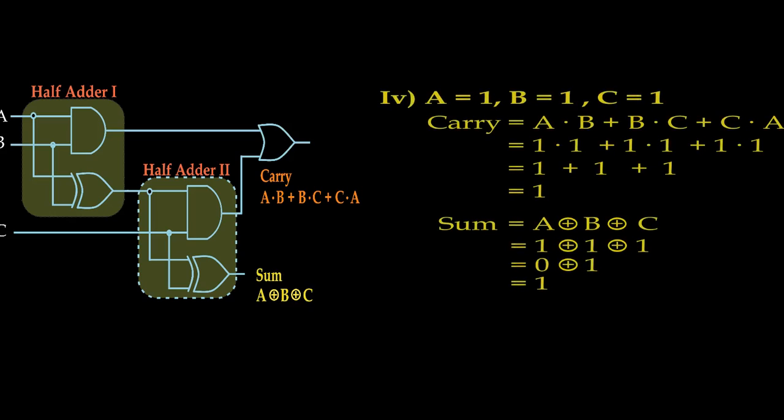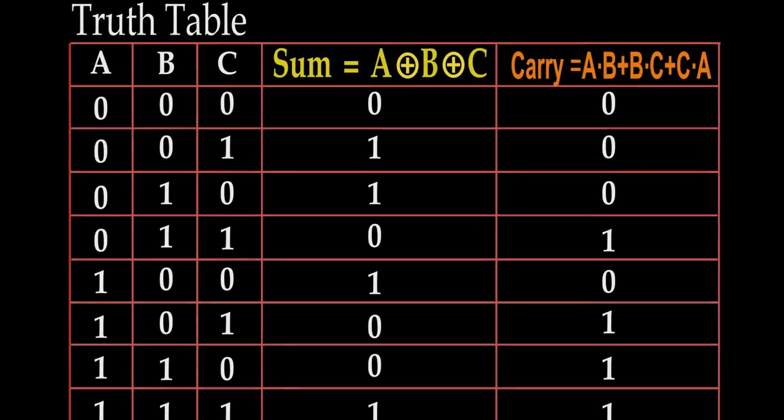In the fourth case, if A equal to 1, B equal to 1, C equal to 1. All the inputs are high, so carry is the product and that will be 1. At the inputs of the XOR gate, all the three inputs are high. 3 is an odd number, so here at the sum, the output will be 1 by the XOR gate. So from the truth table you can see it is capable of addition of 3 bits at a time. So this circuit is used as a full adder.